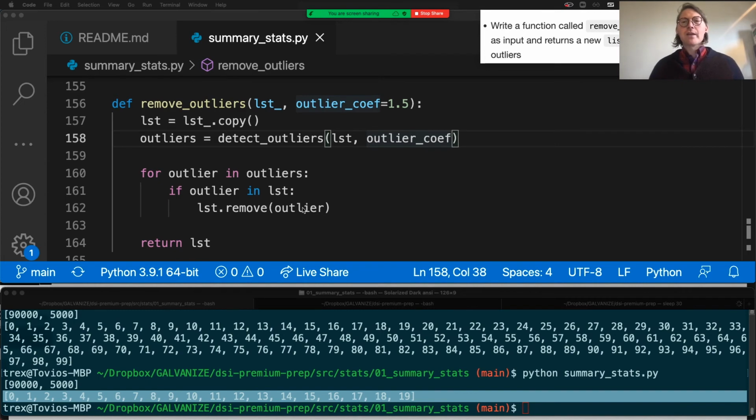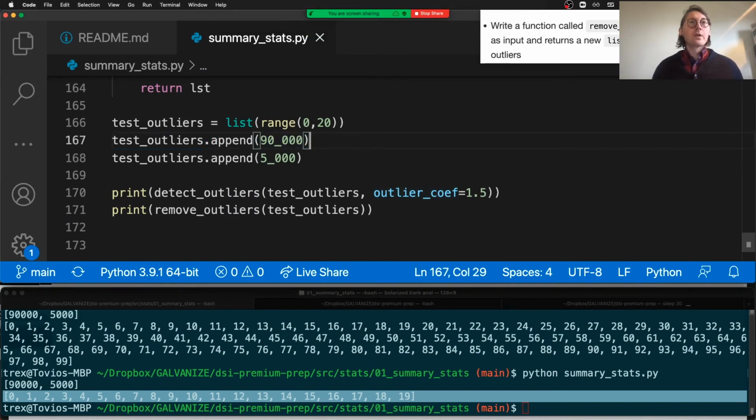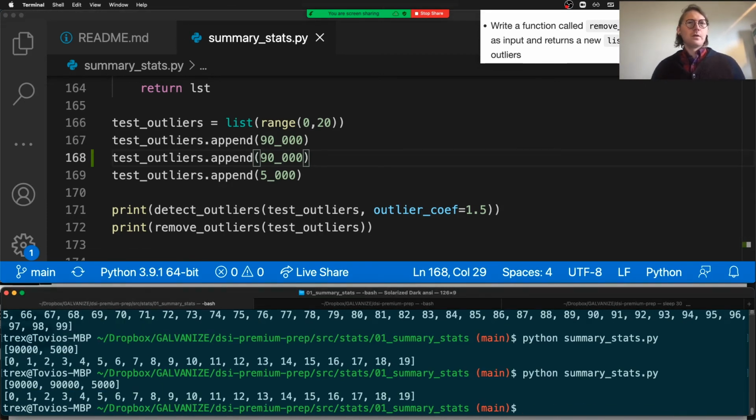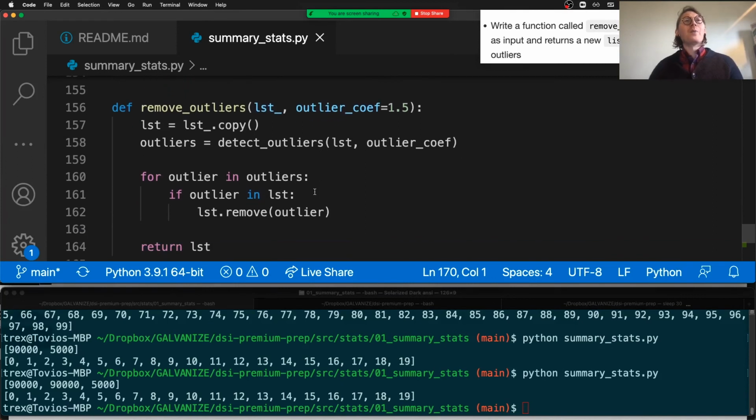Yes, that's exactly right. It's not going to remove multiple instances of the outliers. And this is the reason I'm pointing this out. Oh, wait a minute. It is removing multiple instances of the outliers. Oh my gosh. Okay. Sorry, I was trying to write a broken algorithm, and I wrote an algorithm that still worked, and that was not my intention. Okay, let me just retract this. This does work,